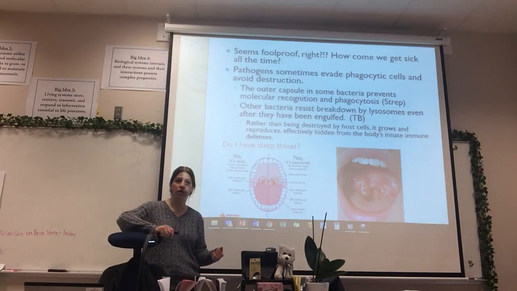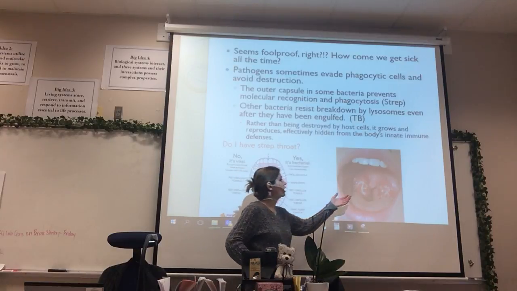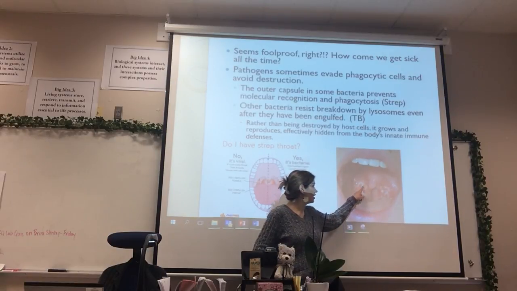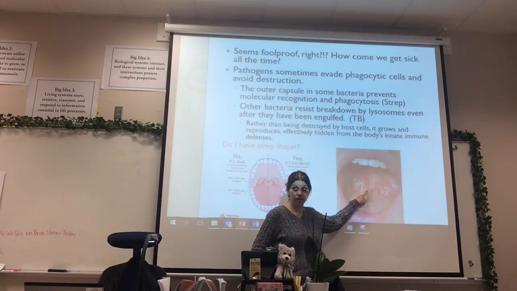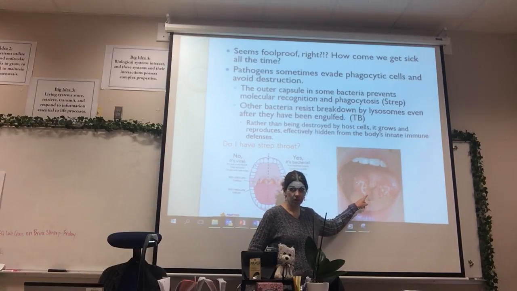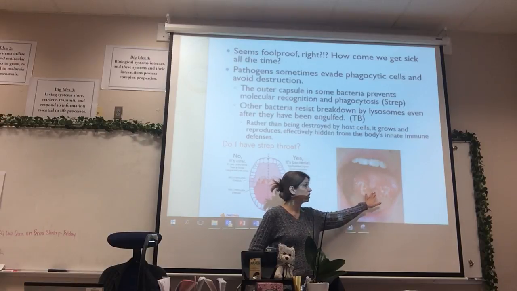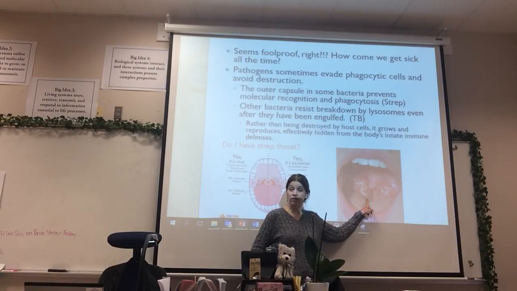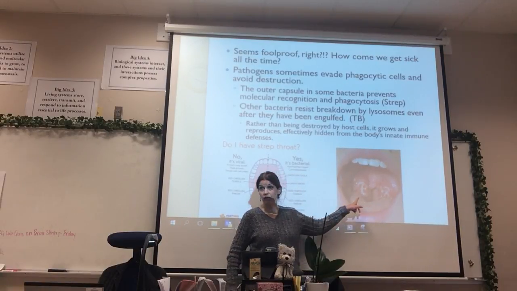That's how it works. If your throat ever looks like this, you are sick and you require medical attention. These are colonies. Remember when we did our lab with the bacteria and we grew a lawn of bacteria on our plate? That's them on your tonsils. So it's possible that your throat could look like this and it not be strep. But if you ever look in the back of your throat and you see something that looks like a Petri dish, you should have that looked at.